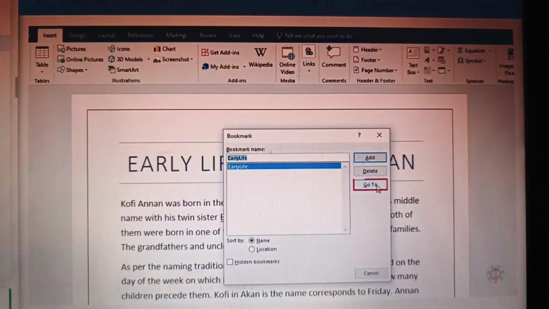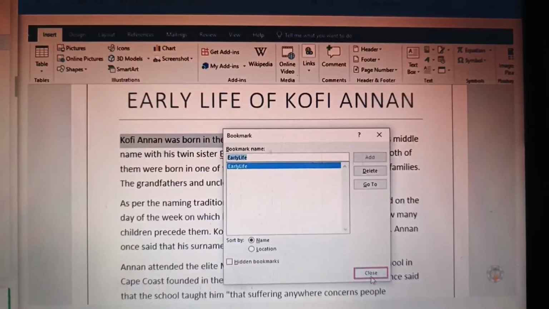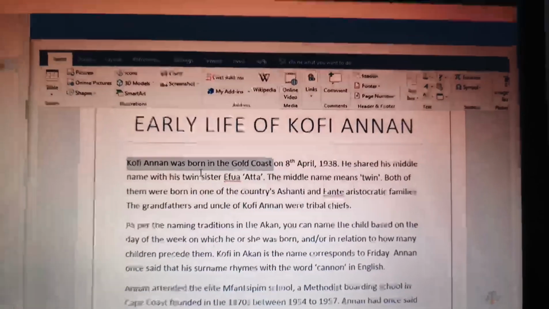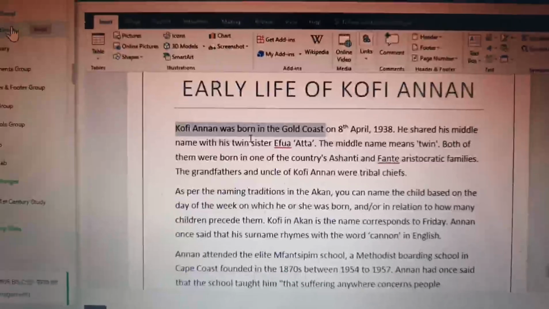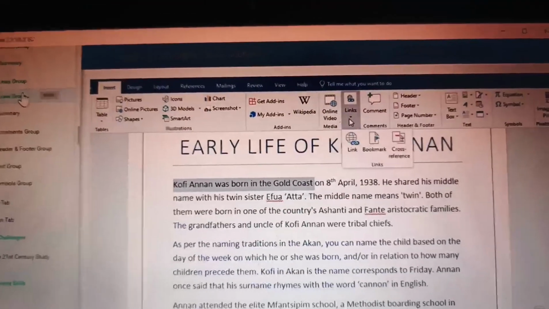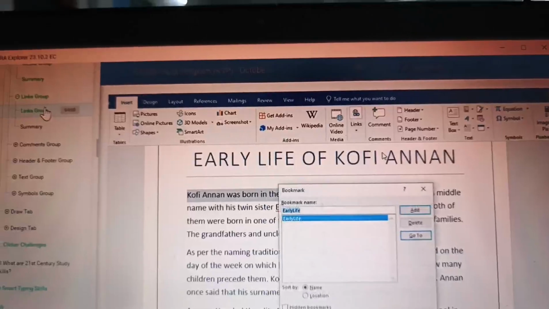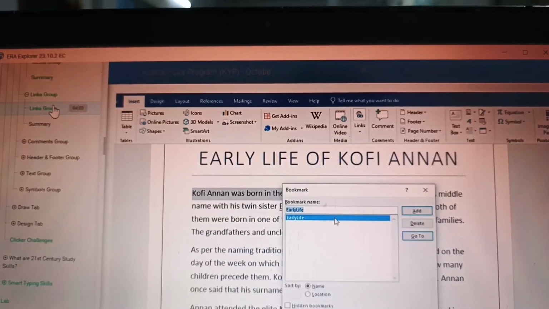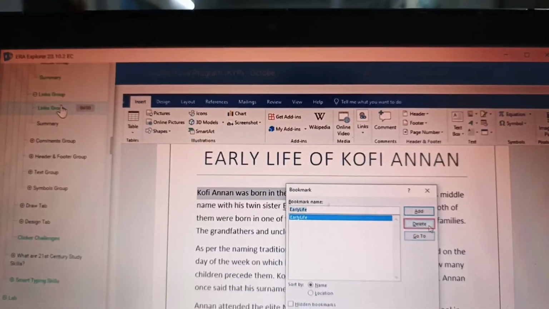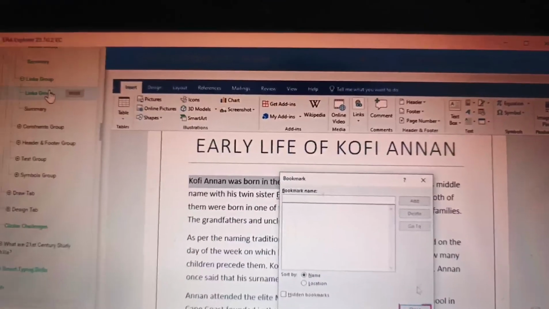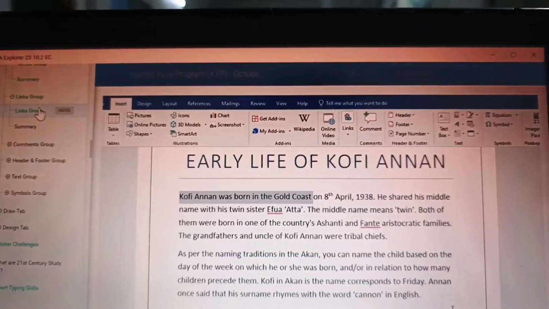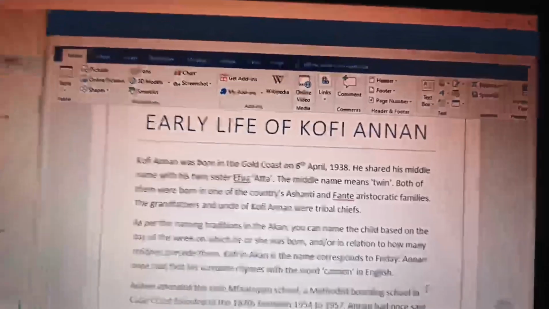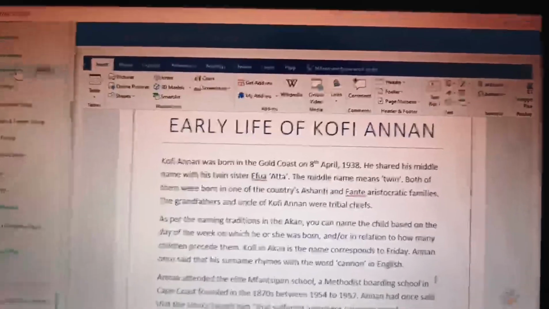Then click Go To. Click Close. Now you can view the bookmarked text. To delete the bookmark, click Bookmark. In the bookmark window, select the name and click Delete. Now click Close. You may want to refer to the same item multiple times in a document, but add it